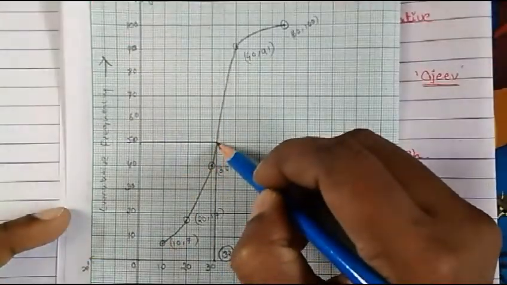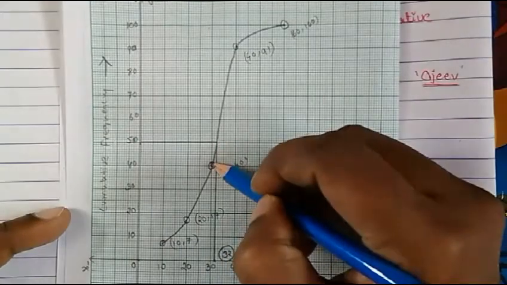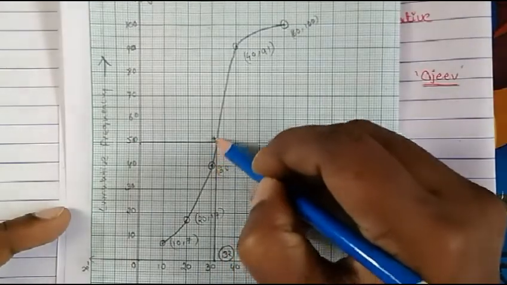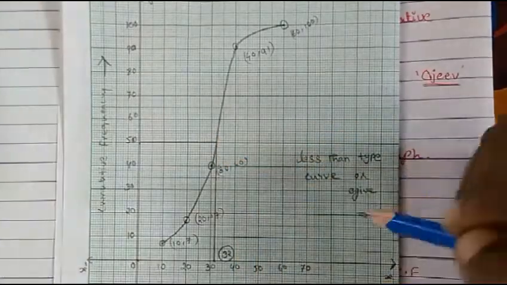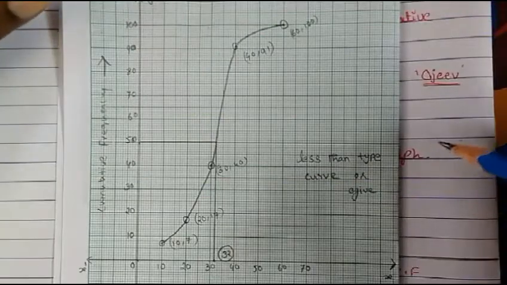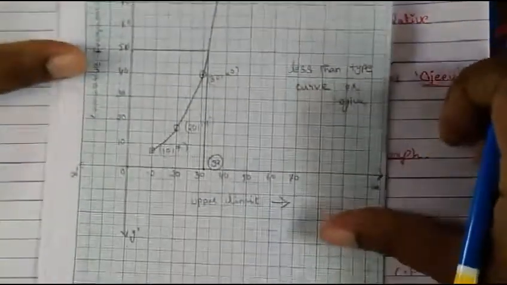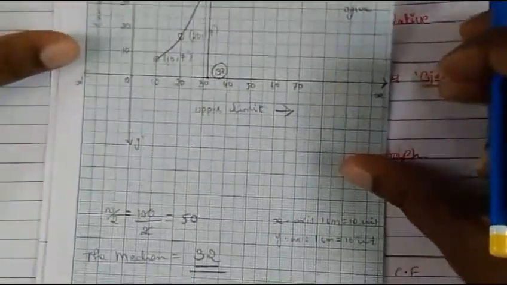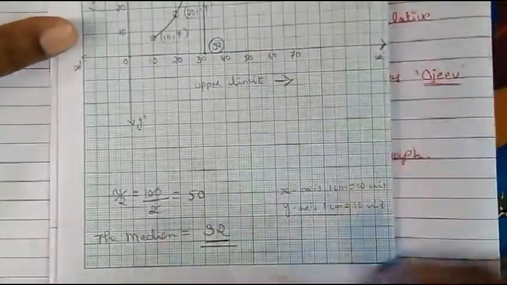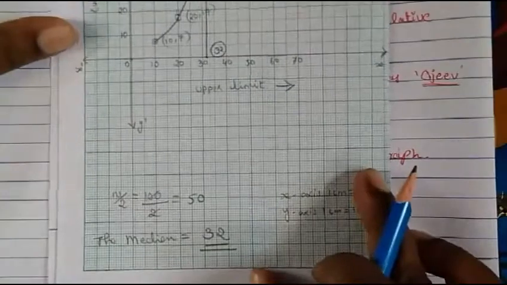So when we draw the graph, it depends upon the line that we are taking. It can go in this direction or that, we could be taking it like this also, and then the reading will change. Therefore here we get the median approximately only, not exactly. Only in the calculation do we get the median accurately. But here we get the approximate value only. So that's how we find the median.